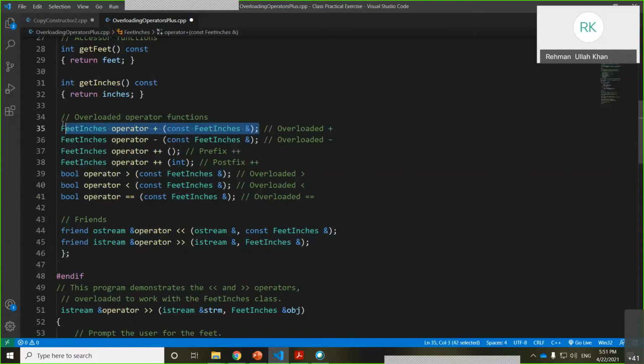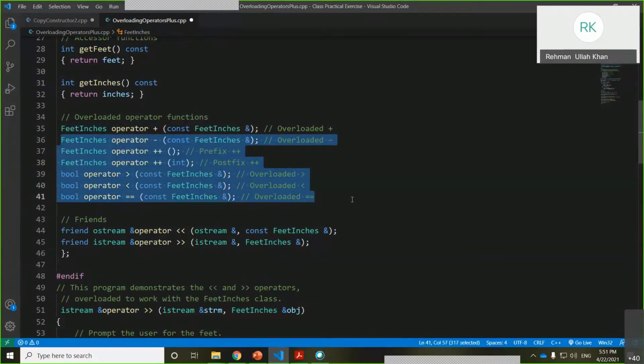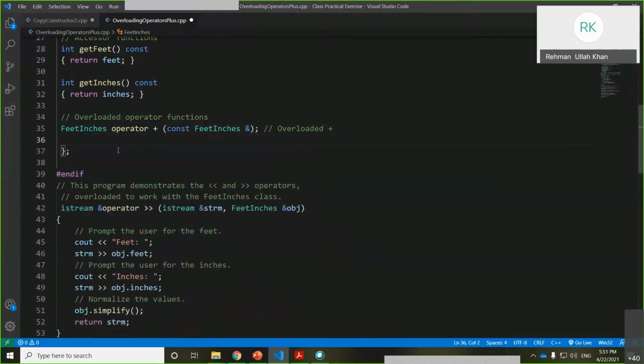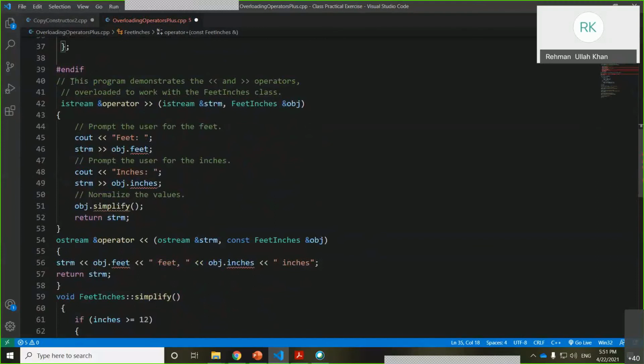So I have not defined this function here. Let me delete everything else to keep it simple for you. Let's just go through this plus operator.